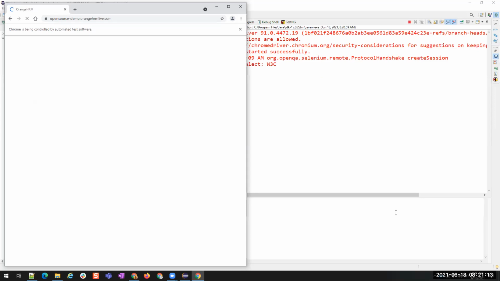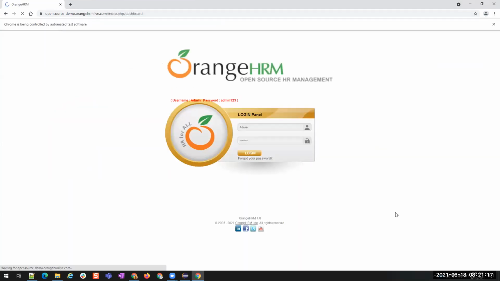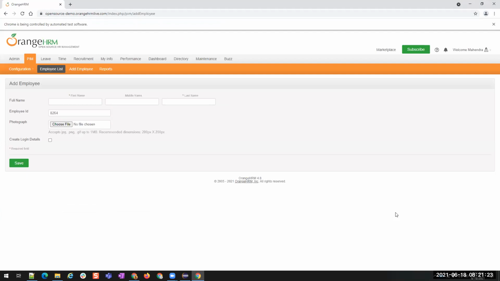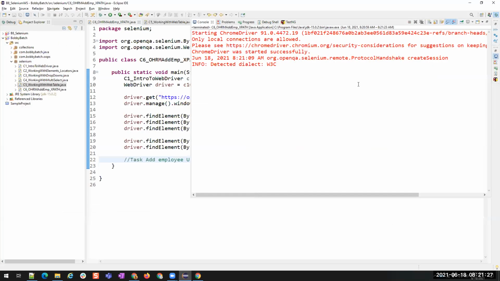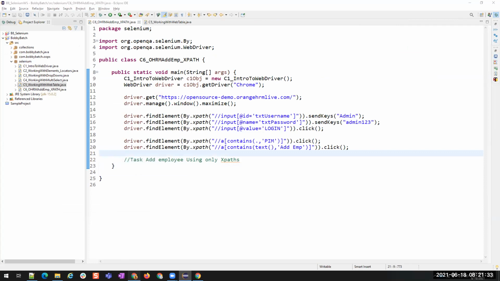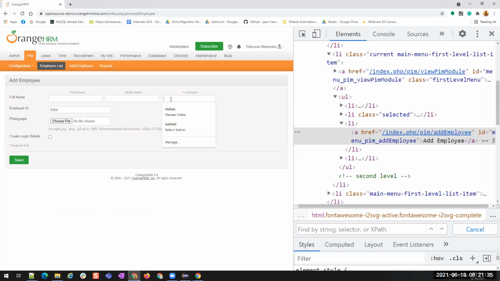Nothing changes, just the way that we identified the elements is changed. You see, it is on add employee page and the execution will be closed. You see, it's done.